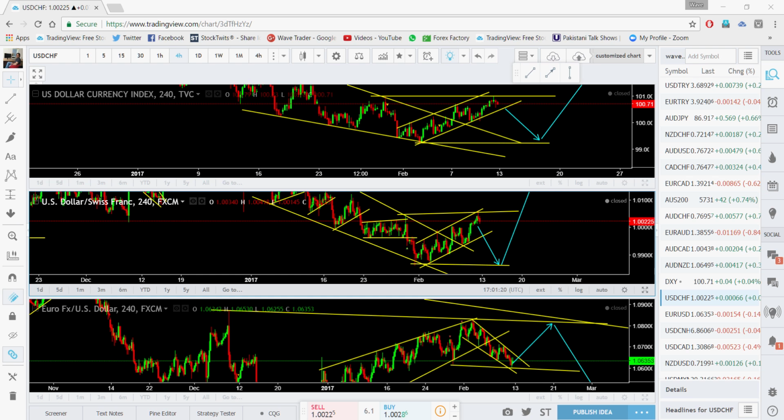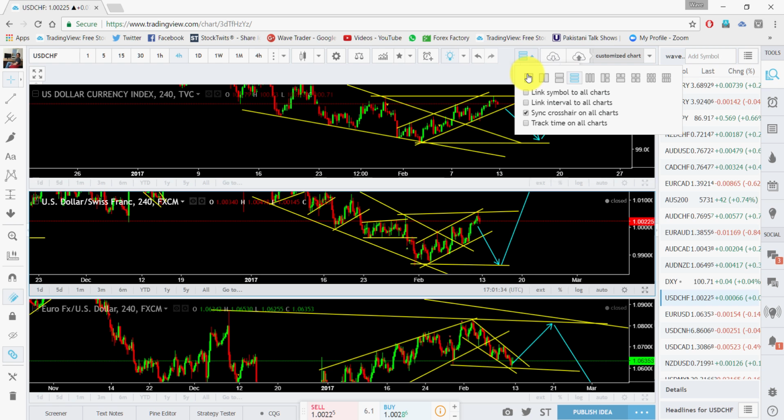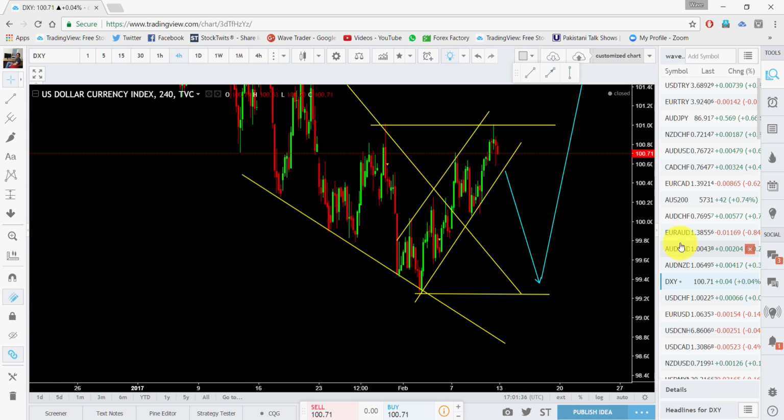So continuation is less likely because we can see that breakout is corrective, as I have explained to you guys on Australian dollar and New Zealand dollar. Yeah, okay,